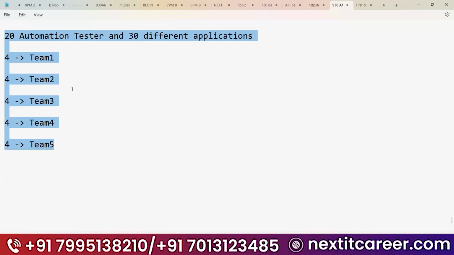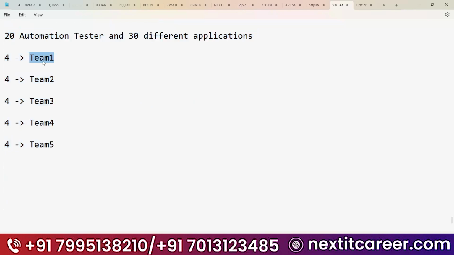So in real time, generally, I will name the teams QA1, QA2, QA3, QA4, and QA5. In this team, I will try to create 3 different persons. For example, for these 4 persons, I will assign the account creation application.